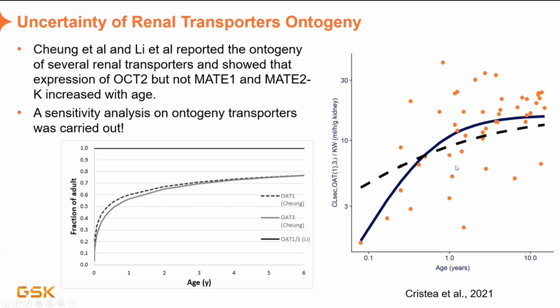Amoxicillin was a substrate of OAT, and clavulanic acid is only GFR excreted. So she deconvoluted and removed the impact of GFR from the compounds, came up with the dotted line here, and came up with the solid line here that is showing the ontogeny of OAT1 and 3 combined together. So we can see that what Cinzi shows is different from what Kathy Cheong shows, and it's also different